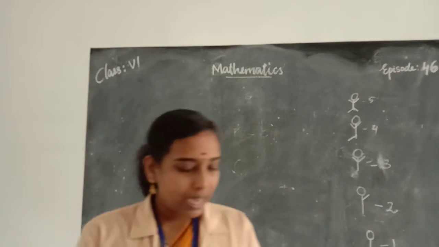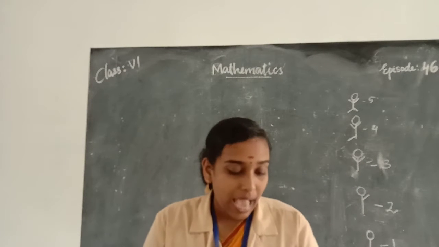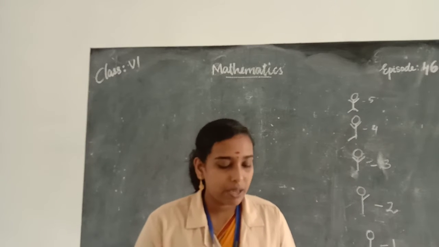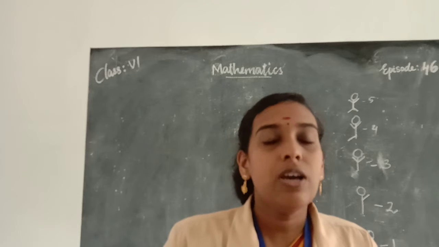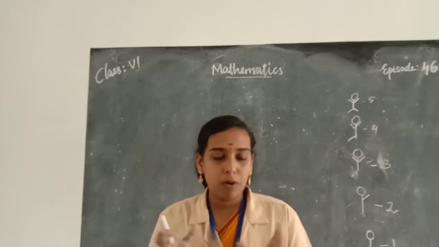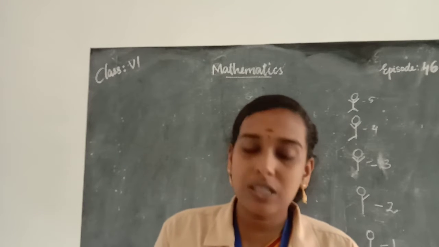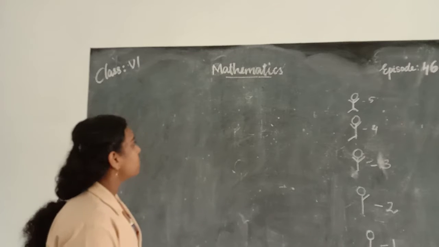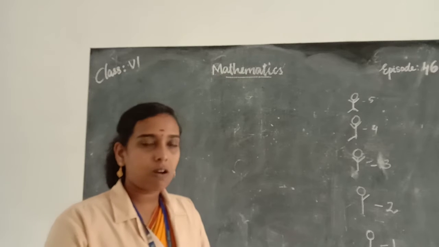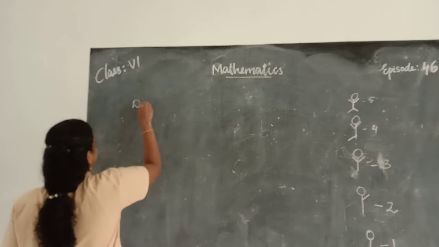Here in your textbook there is a question, example 7. The following are the details of the number of students present in a class of 30 during a week, represented by a pictograph. Here the days and number of students present are given in the form of a table, and we want to represent these details in the form of a pictograph. For that, first you draw the columns. Columns means days and number of students present. So the first column is days.